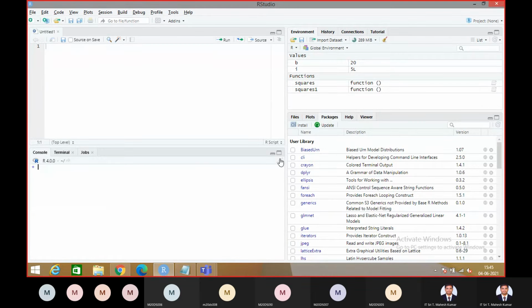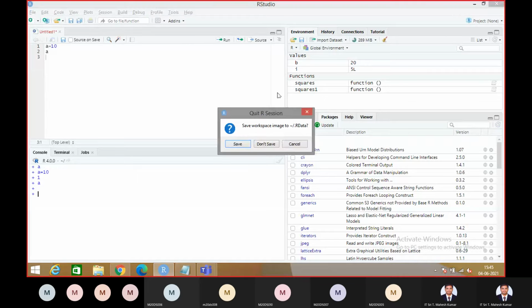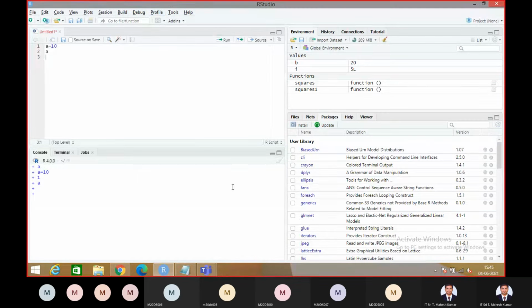In this we have to start, then only we'll execute. Okay, let me restart this. Generally this is RStudio.